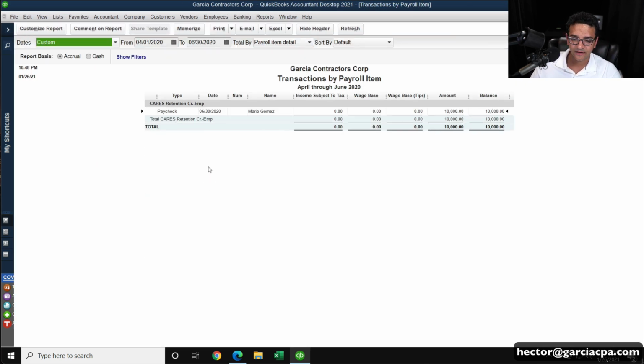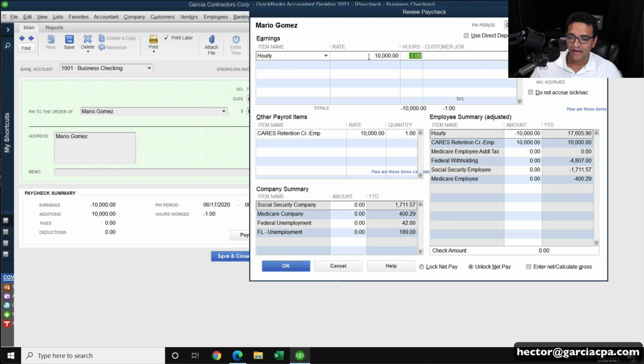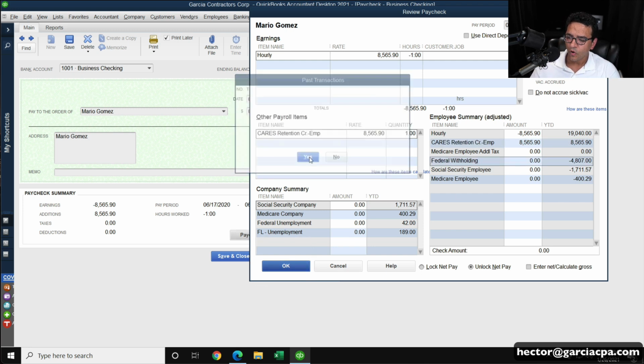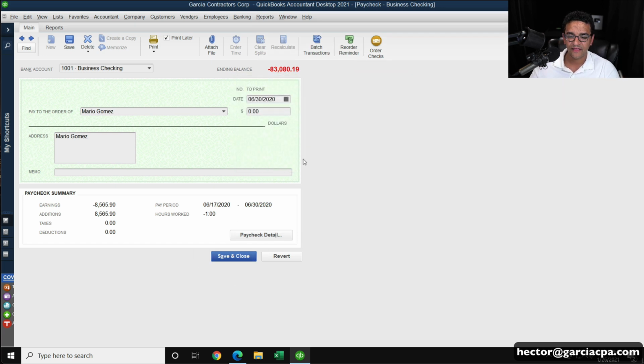And I'm going to go change that zero check that I created and then cap it at that amount. So essentially what I'm doing is I'm putting the same amount here, making sure that the amount is negative and positive. Again, the total wages for the entire quarter up to 10,000, but the actual payment made. So by doing this, I override that process and also make sure that it didn't go over the 10,000 or